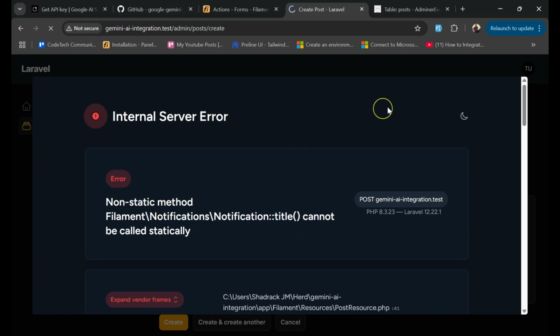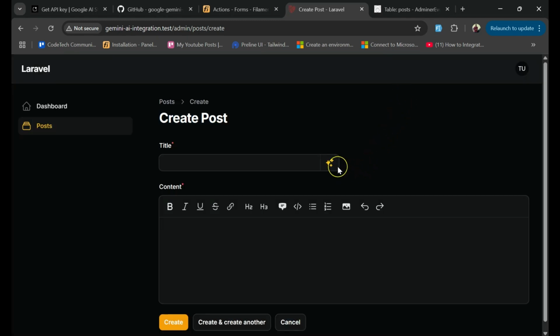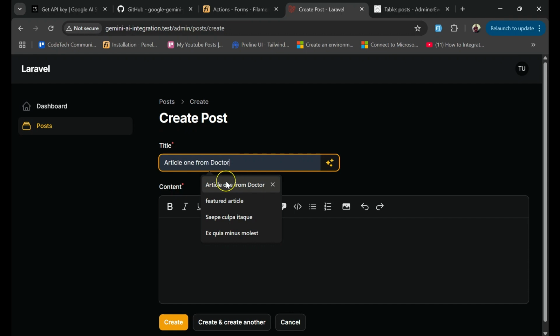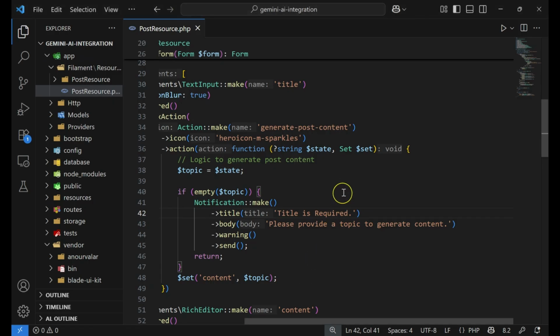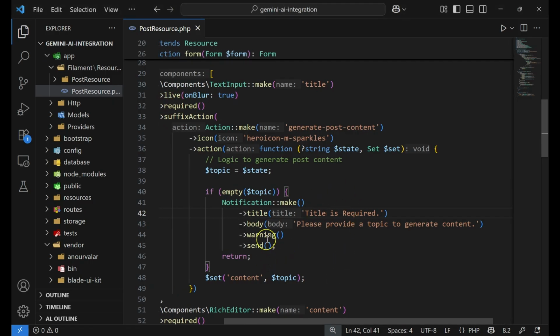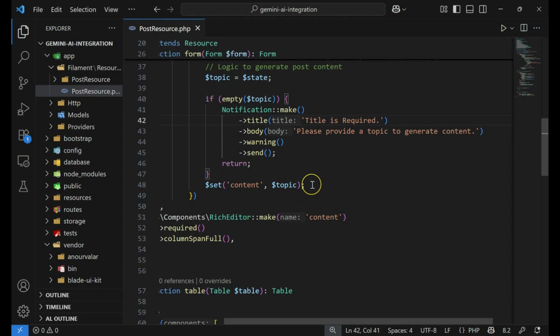Now let's refresh. Now let's try. Title is required. Please provide a topic key to generate the content for. So this works fine. So now if you try to put something, and now it works. Okay, so now the next step is to generate the content for this